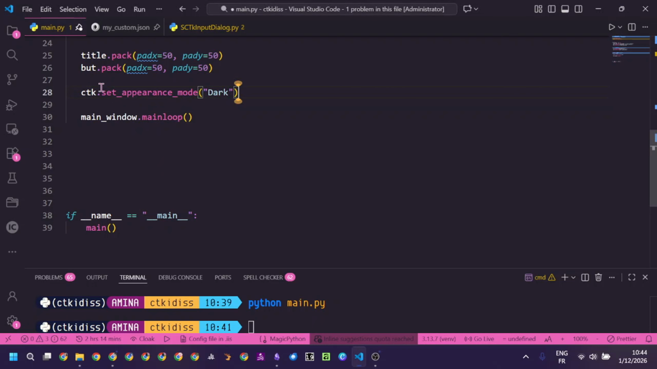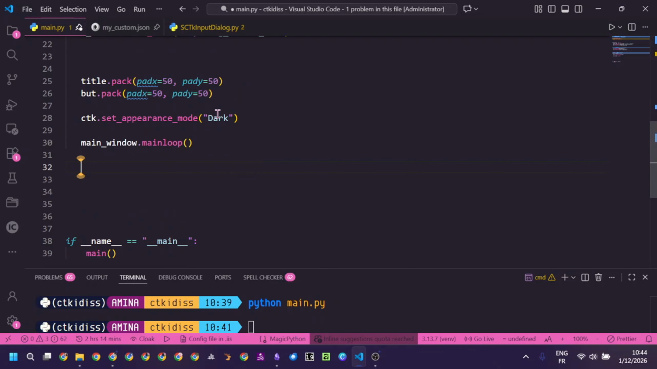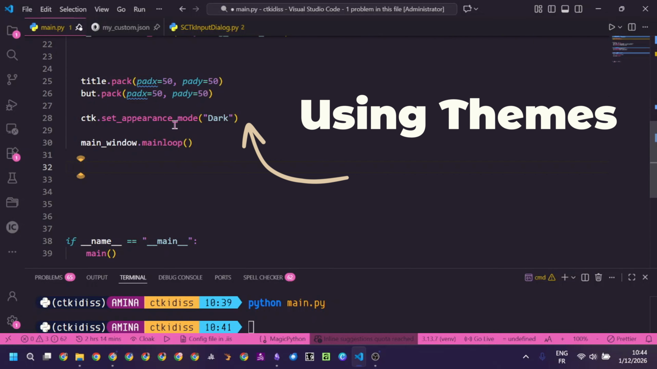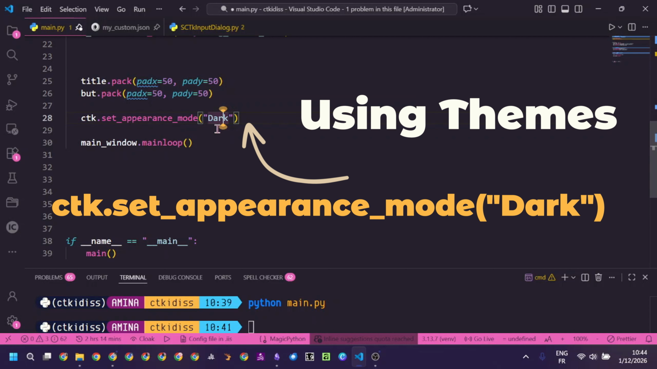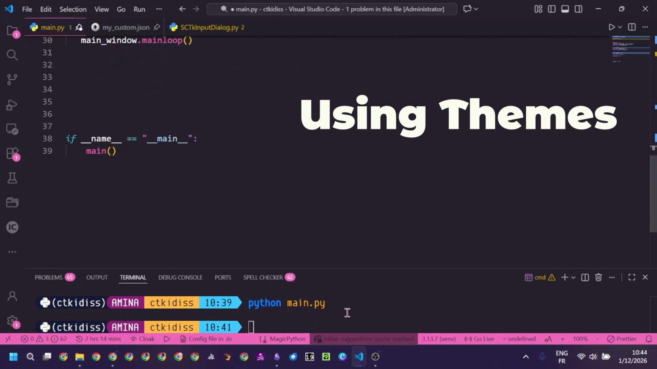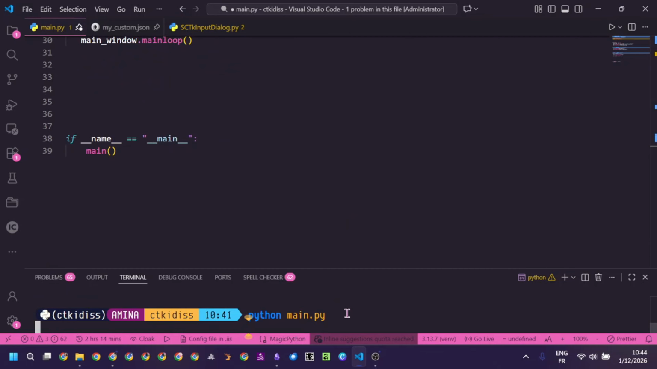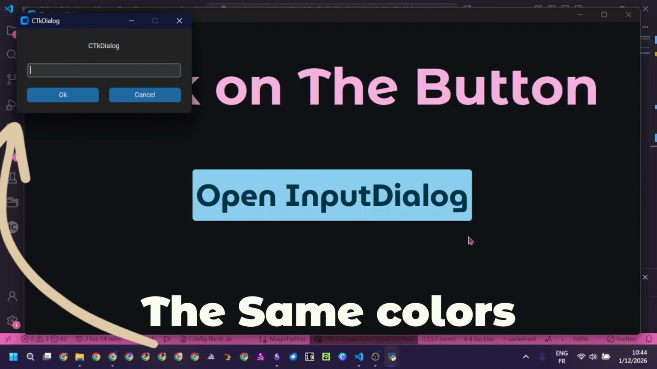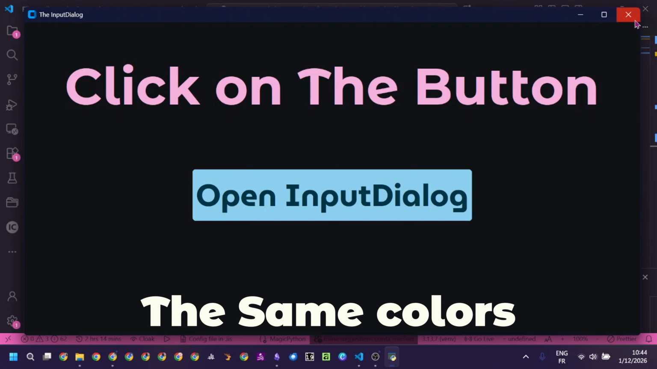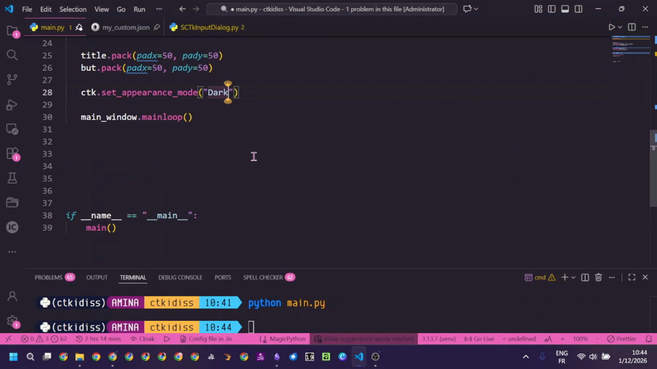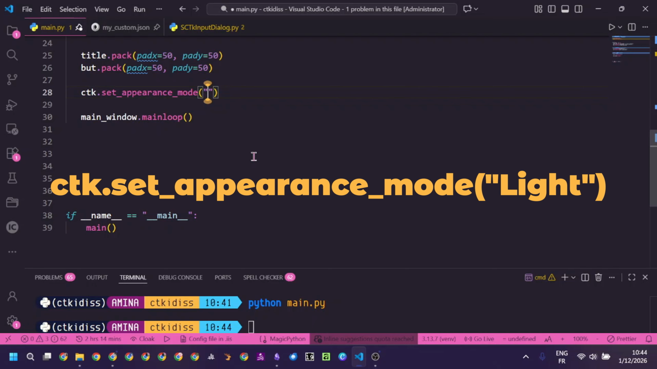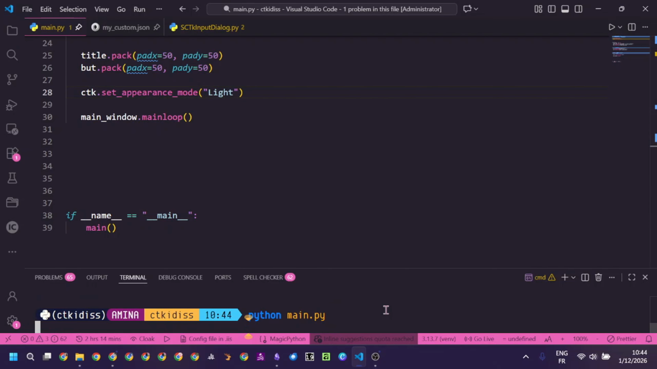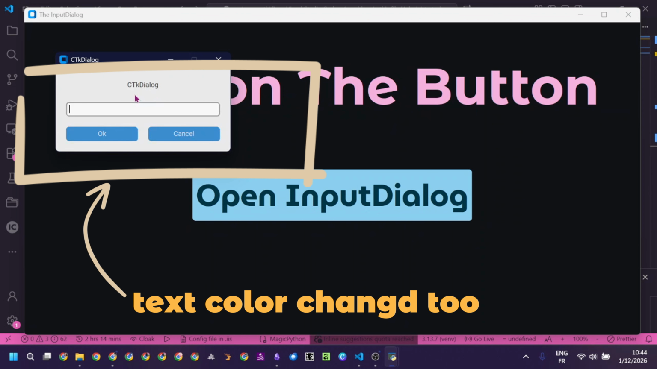Since we are working with customtkinter, we can use themes to customize our windows. For example, here I'm using the dark theme by calling set appearance mode from customtkinter. So when I run the code, there will be no change for our input dialog and also no change for our interface because it is configured or customized manually. Now if I change the theme and I put it to light, we will see here the colors changed for